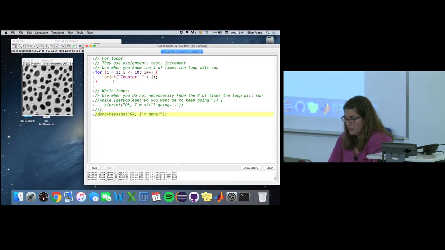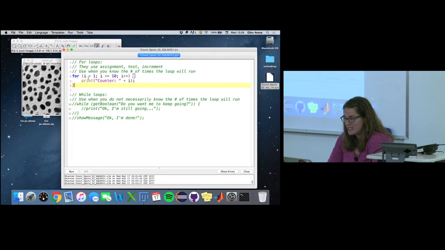So for this for loop, like I said, we first have an assignment. We'll start with i equals 1, okay? You can really set it to any start value you want. Now we'll do our test section. As long as i is less than or equal to 10, we'll do the code that's inside the block, inside those brackets, okay? And when we're done with that code, then we'll increment i